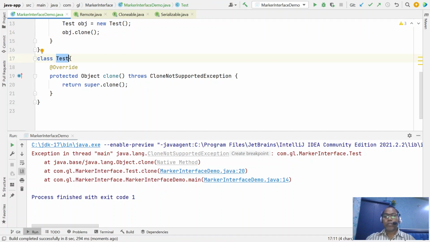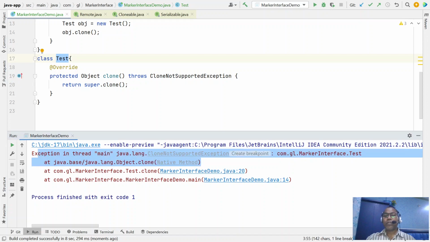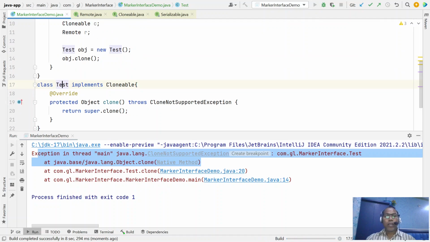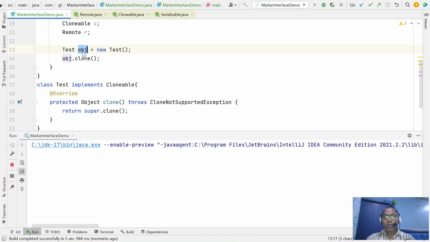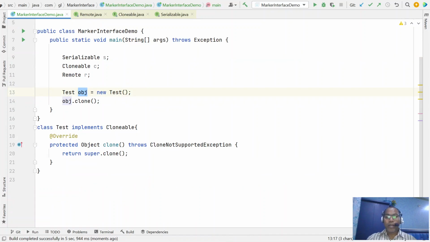If you want to fix it, you just have to implement the Cloneable interface. Now your test object can be cloned. So a marker interface just helps us at runtime, where your runtime environment performs some specific steps.